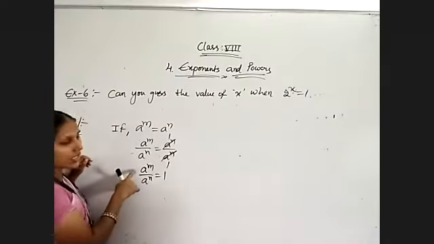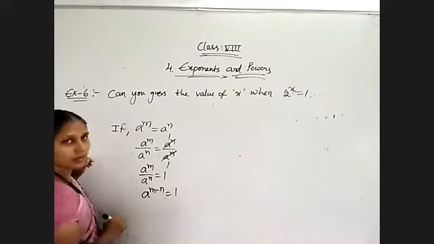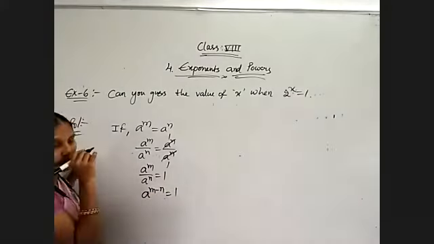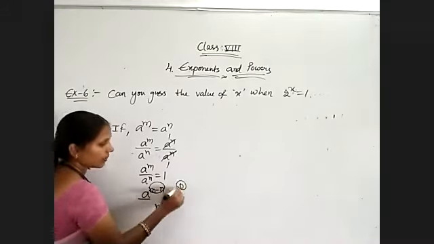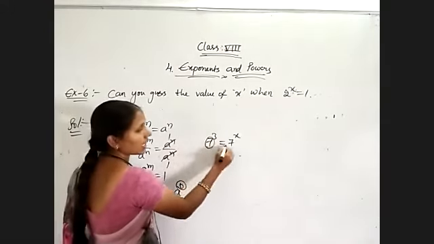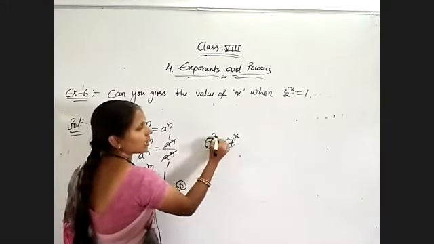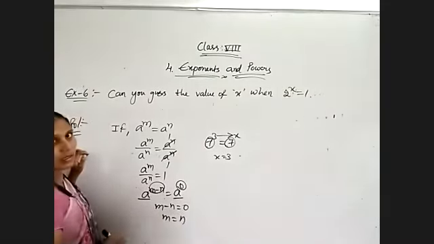And the left side, just observe, is in which form? A power m minus n is equal to 1. And 1 we can write as any power 0, because here the base is a, I am writing a to the power of 0. Now because bases are equal, exponents are also equal. That means, for suppose 7 cube is equal to 7 to the power of x, bases are equal, so exponents are also equal. That means x is equal to 3. In the same way, here m minus n is equal to 0, then m is equal to n.